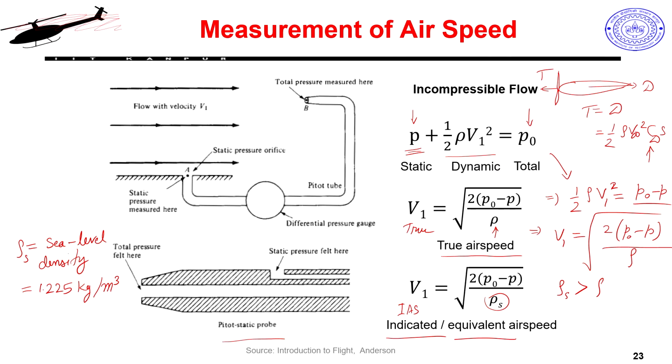So, this is always the case, which means this guy is more. So, my V1 with this IAS will be less. So, my IAS, indicated airspeed, is always less than true speed, and this actually is a good thing. Why? Primarily because the reason why I need to know my airspeed, see, I can also estimate my ground speed.